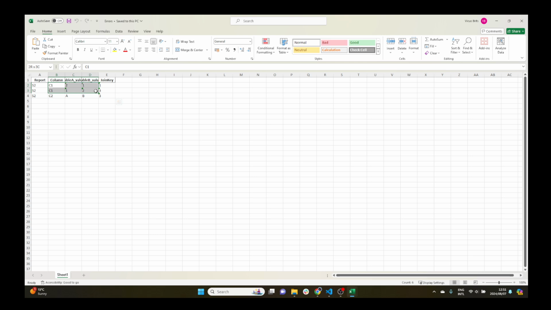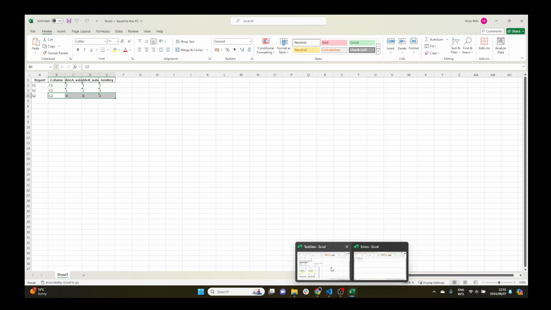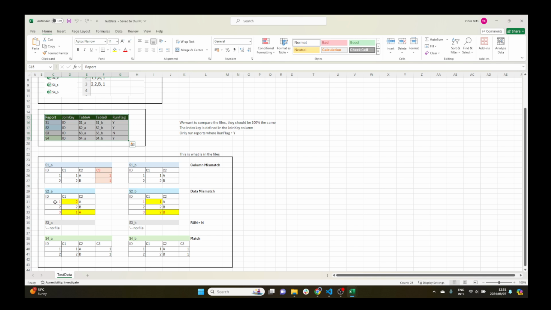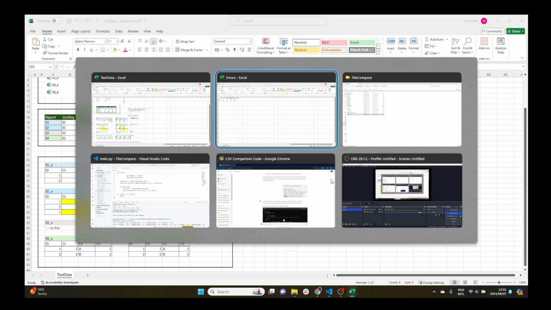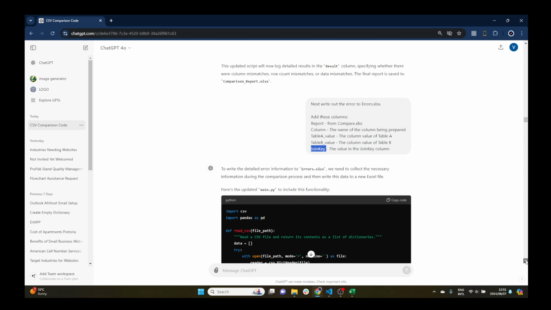In column C1 there's 2. In C2 there's 1, which is exactly the same as what I'm expecting here. 1 error here, 2 errors there. Great stuff. Now, next thing,